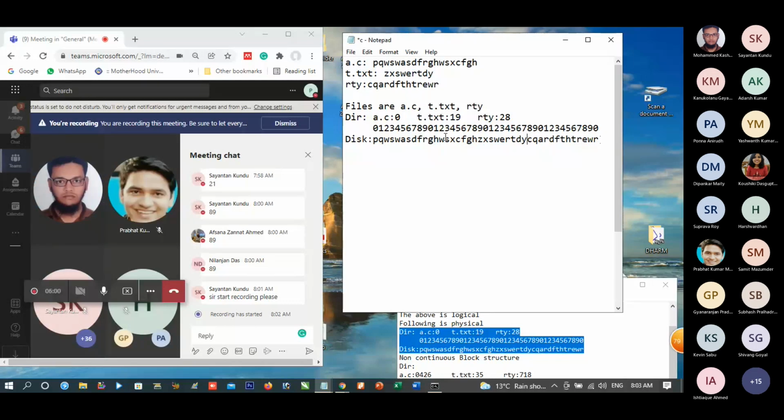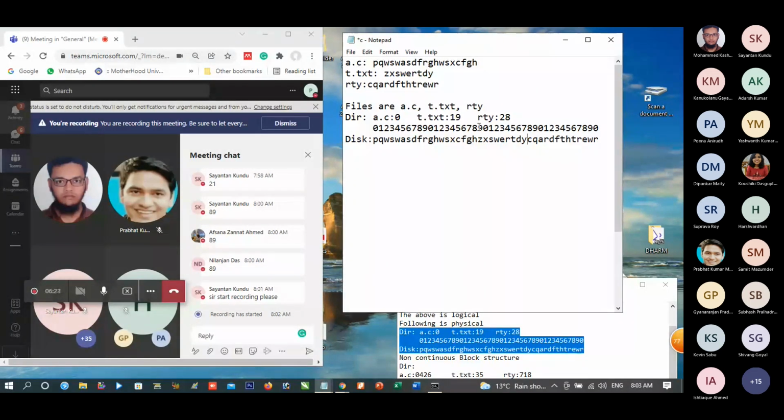And directory contains their location. For example, A.C, the first letter of A.C is at location 0. Our location 0 starts from here. First letter of T.text is at location 19.